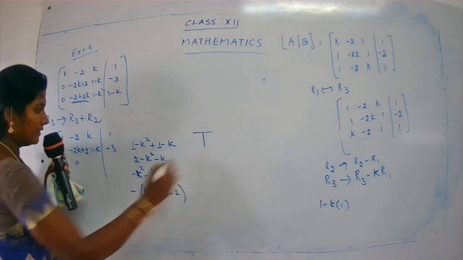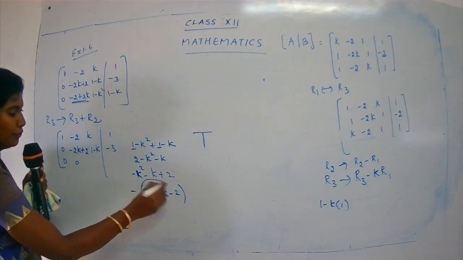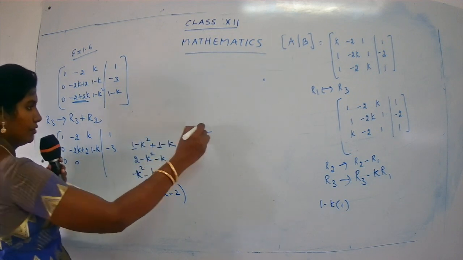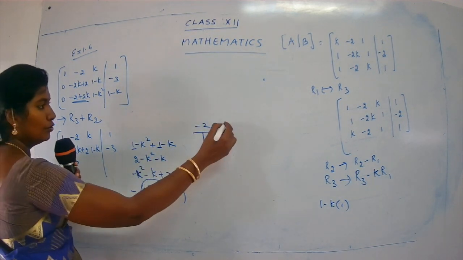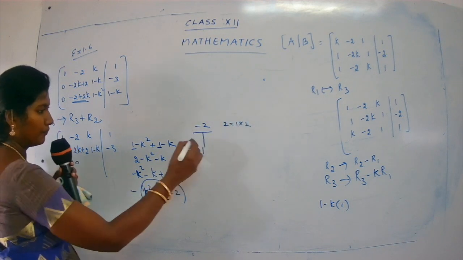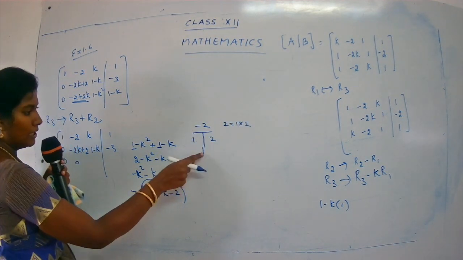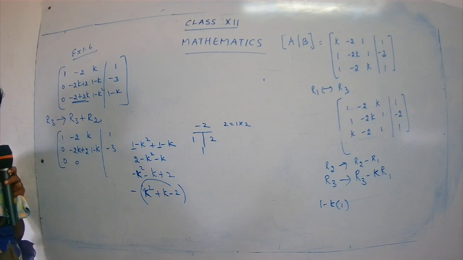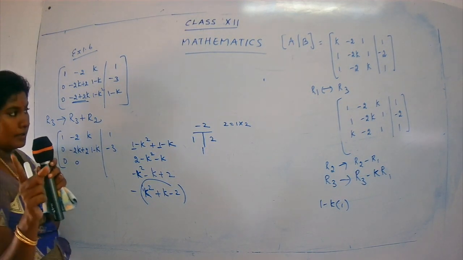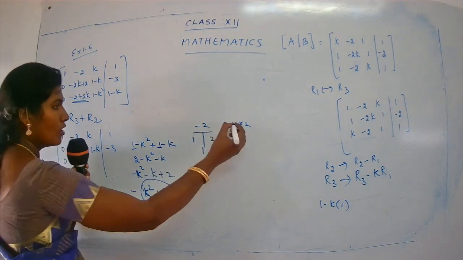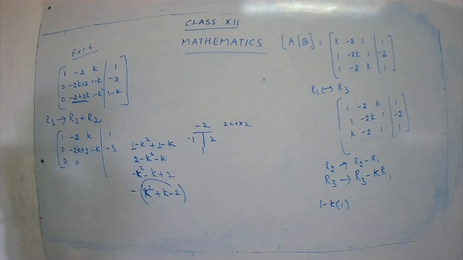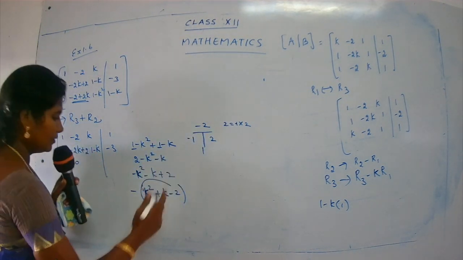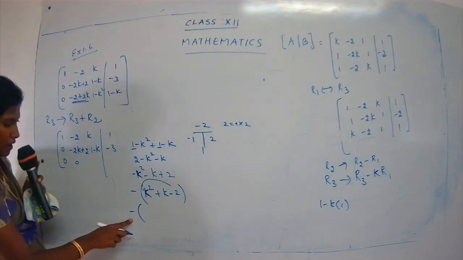See, I'll put a T method over here. 1 into minus 2 gives you minus 2 and the middle coefficient is 1. So 2 is 1 into 2. I'll write the numbers 1 and 2. The sum is 1, so I have to put a negative sign for the smaller number. So minus 1 into 2. So what will be the answer? You get the answer as minus is common out.